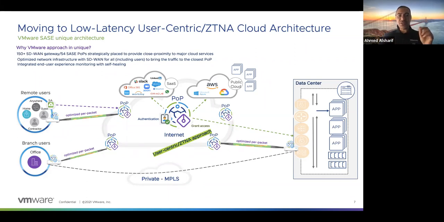This integrated solution that we have, we call it ANI, for intelligent user experience monitoring and self-healing. This software that runs on the edges gives us that view. It knows the application performance. It knows what a good application response is. Based on that, it makes the changes that are needed in the SD-WAN to make sure the user is happy, or at least integrates that view with other elements in the SASE to make sure that the user is happy. That's the integration that we have today.